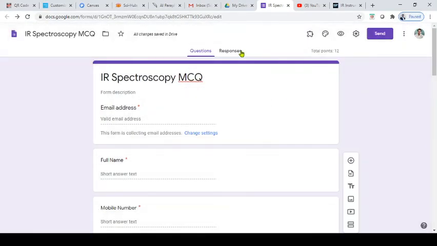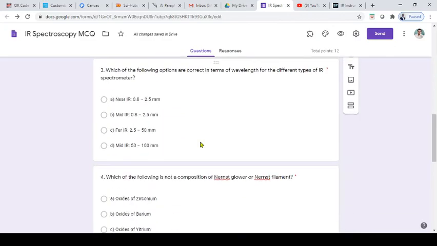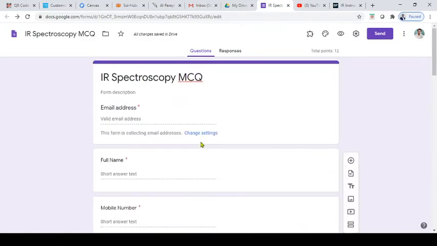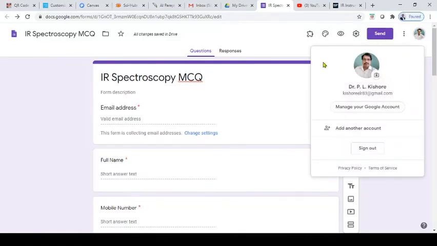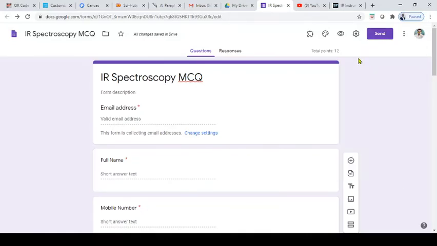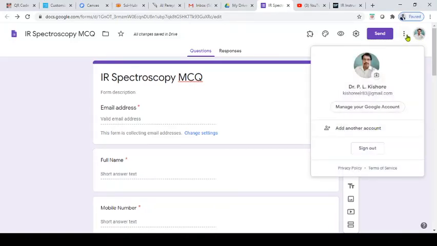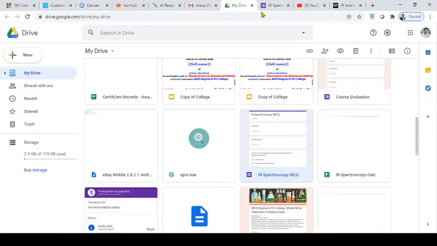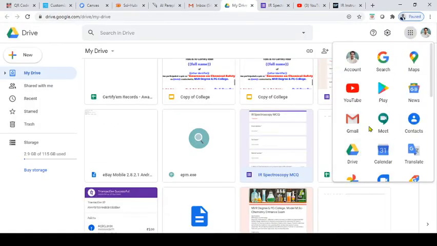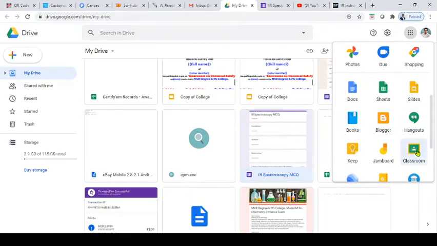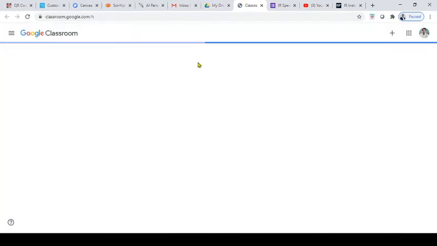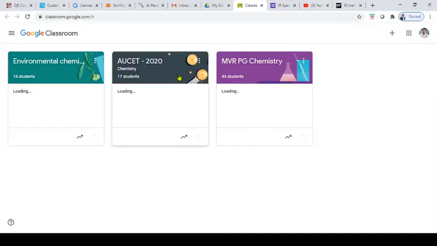So you just copied that link, and now you can post that link in whatever it may be, the classroom. Now I am posting that link into Google Classroom, and then they will be available. You just click on that, and in my drive there is a Classroom app. You can go to that Classroom app and post to the classroom.